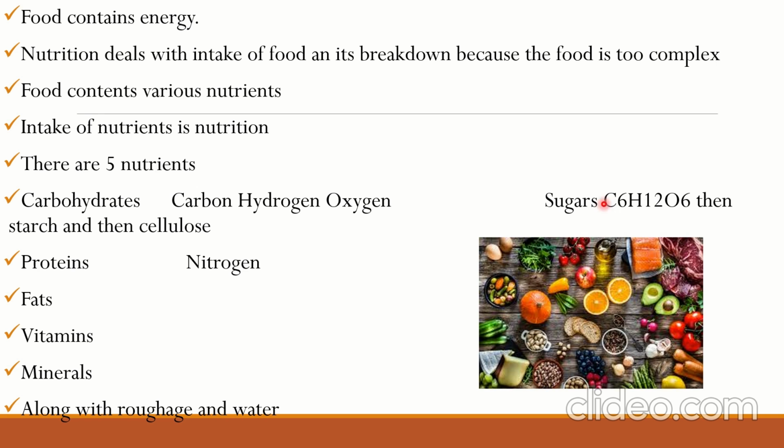So the basic glucose molecule is C6H12O6, and that is too complex. So you need to imagine how complex carbohydrates are. And then there are starch and cellulose. Then come the proteins, which are nitrogenous substances used for bodybuilding. Fats give us energy, and extra fats are stored under the skin for